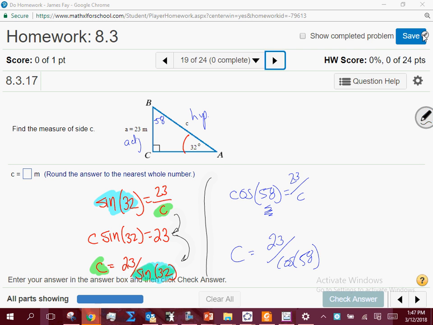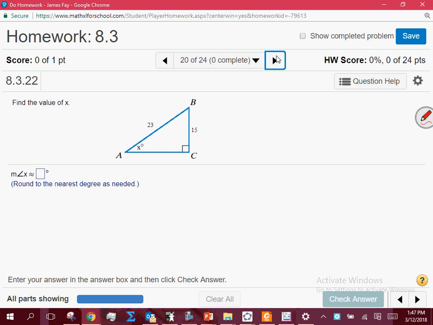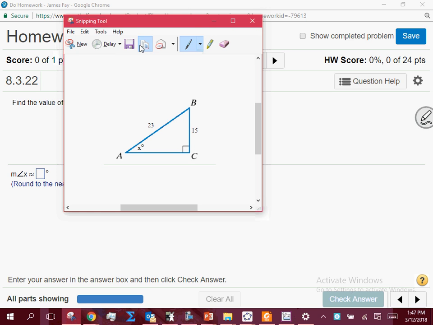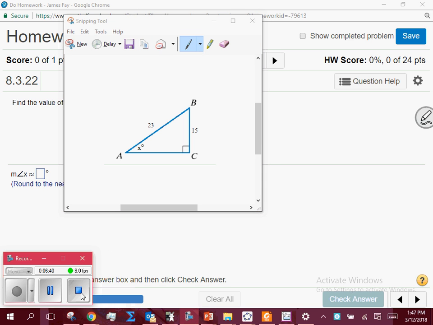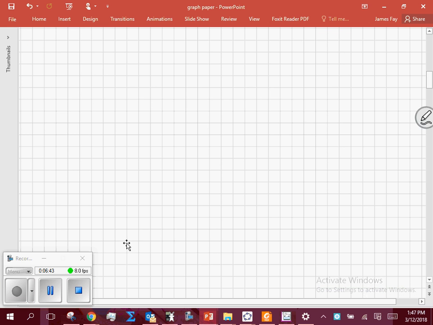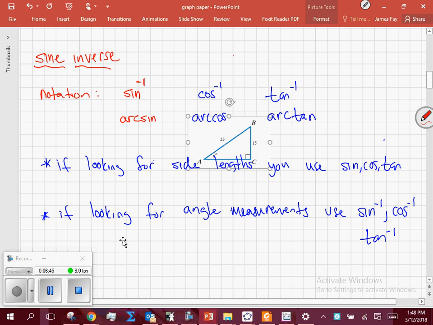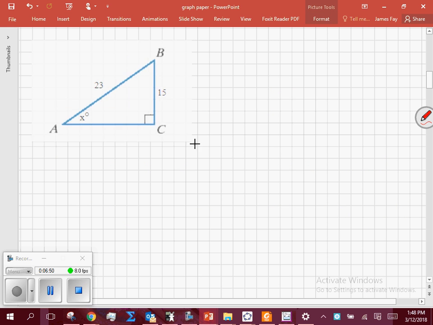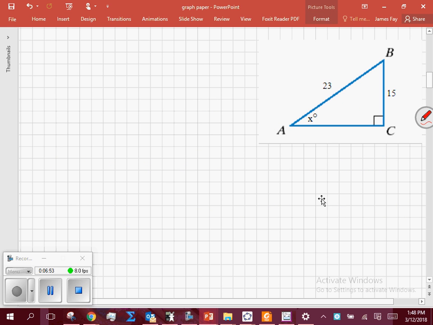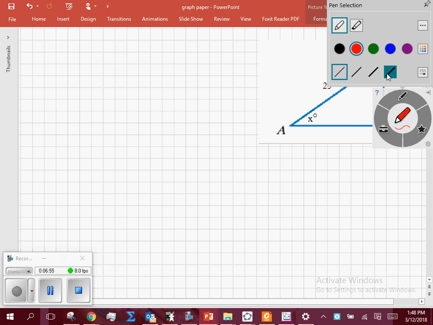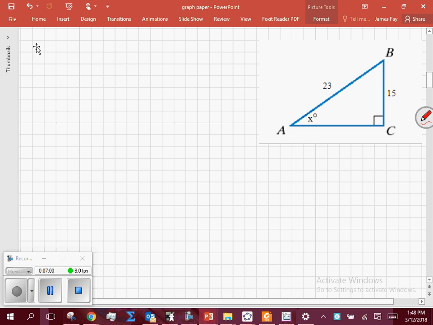All right, so the next series of questions incorporate something like this. And I'm actually going to give you some notes over this. Let's see here. All right, so if I look at that, now we're trying to find an angle, okay? So I'm going to give you some terminology here that is key for us. If I have